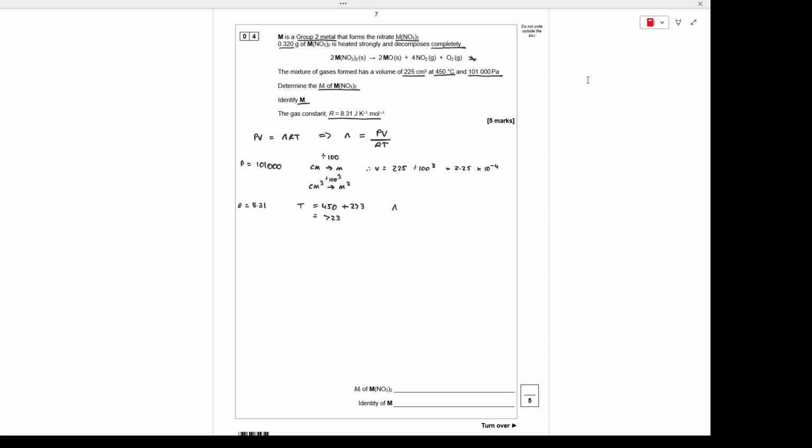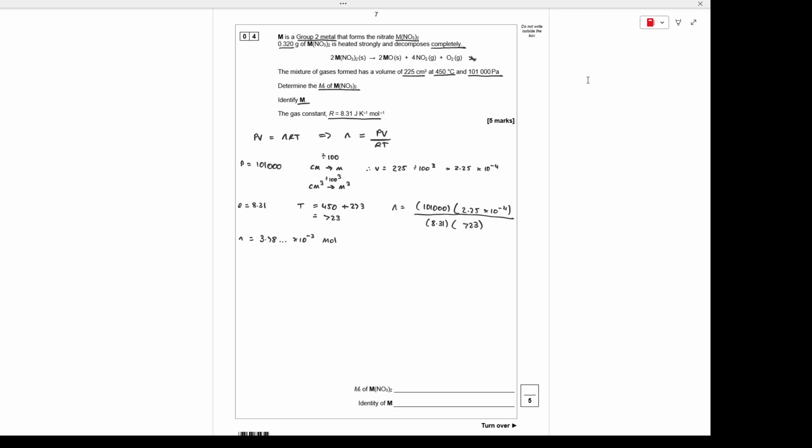So n is going to equal 101,000 times 2.25 times 10 to the minus 4, all over 8.31 times 723. So our value of n is going to equal 3.78 times 10 to the minus 3 mole, right? And that's going to be equal to our moles of gas, sorry,